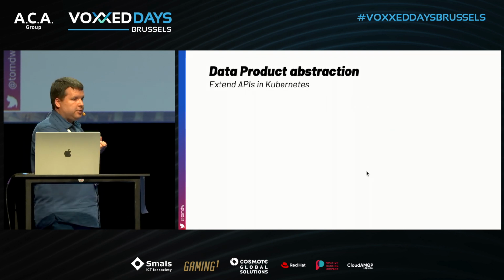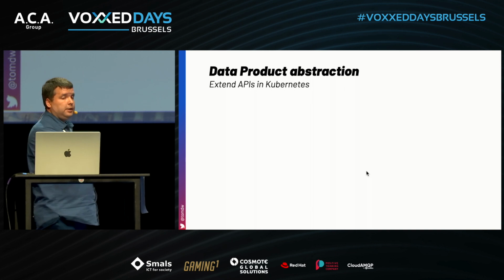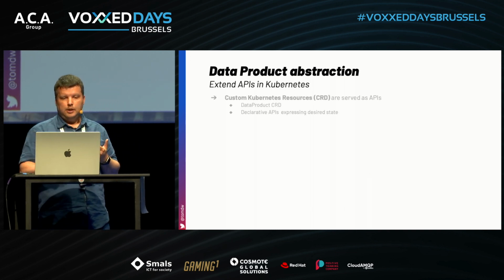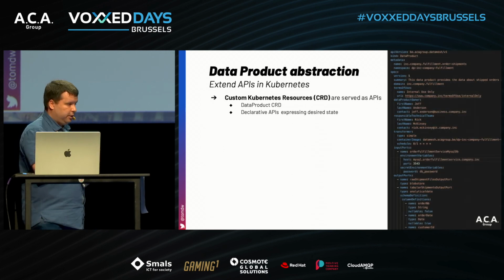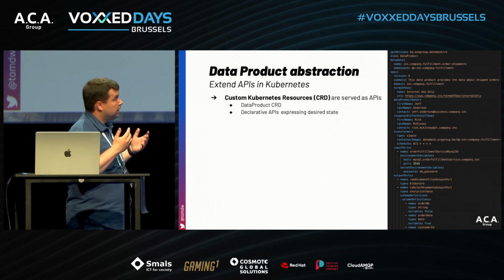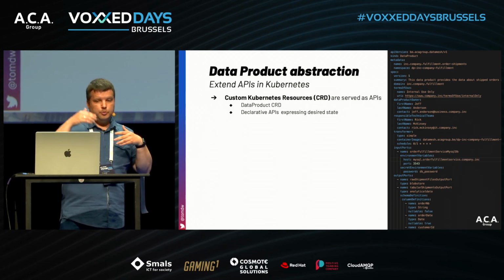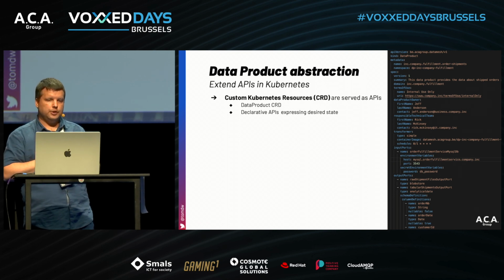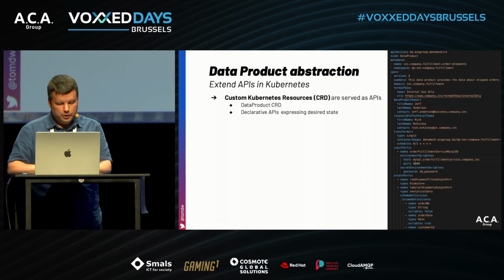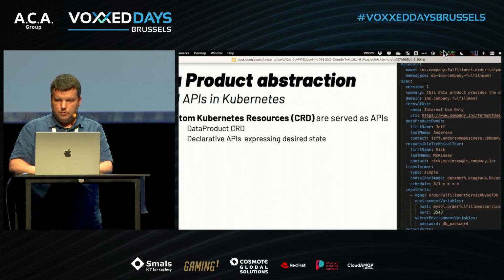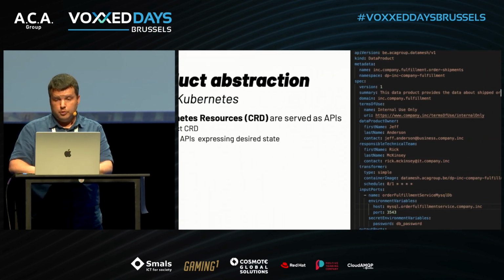Building the data product abstraction in Kubernetes. So what does it mean to create APIs in Kubernetes? In Kubernetes, an API is what's called a resource. It's kind of a document in which a specification is put of what the desired state of a certain resource is. And what we can do is, of course, to create a data product resource, a custom resource,